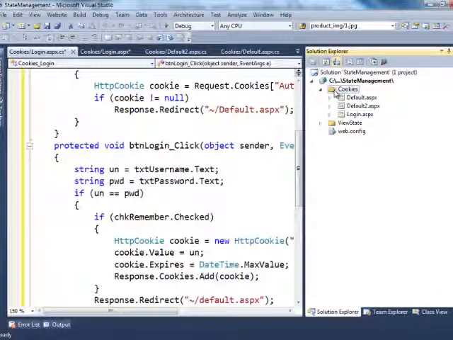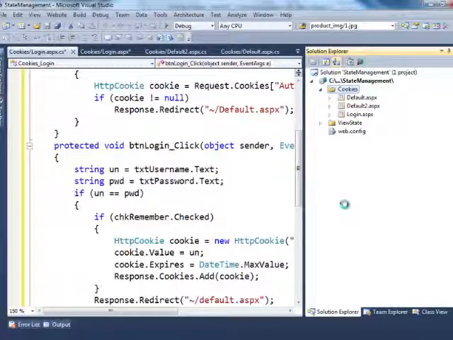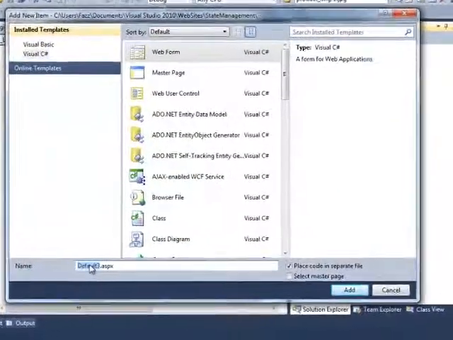Okay, one more page I have to take over here. I'll take home.aspx.